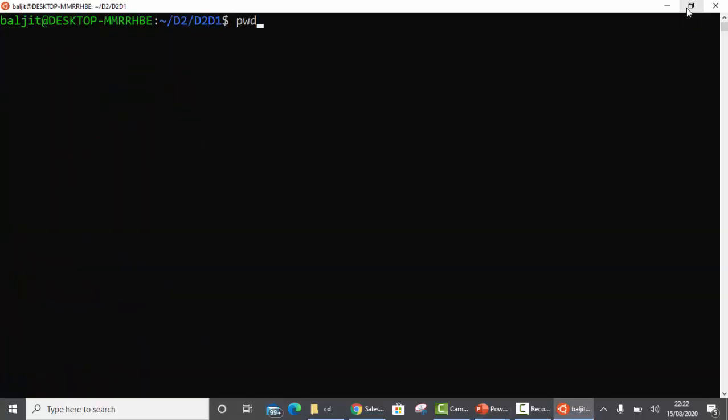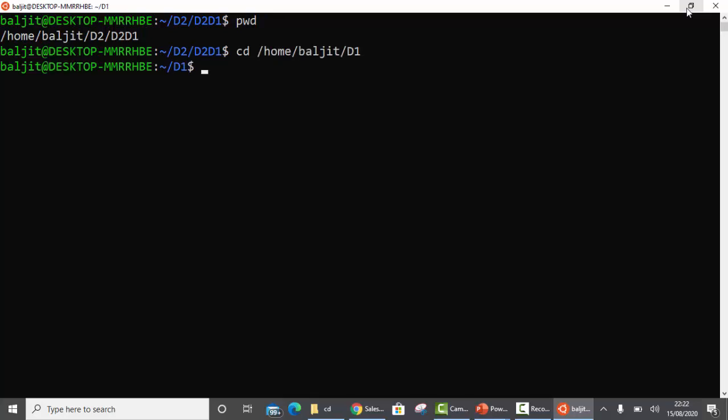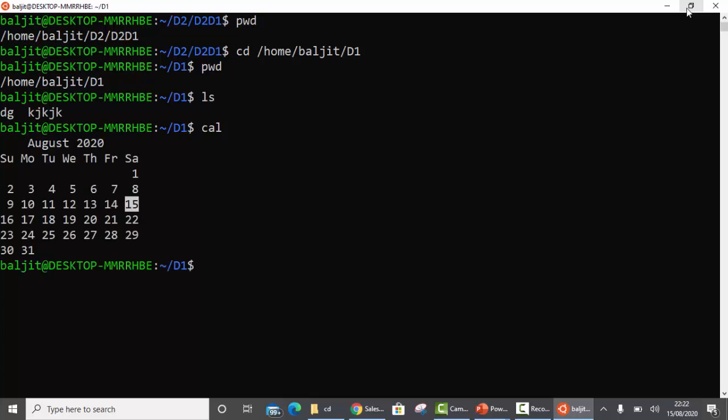Now my current working directory is /home/Baljeet/D2/D2/D1. After some time, let us suppose I shift to some other directory, let us suppose this one. This is the current working directory, D1. After working for a little while, I don't remember what was the directory from where I shifted to D1.